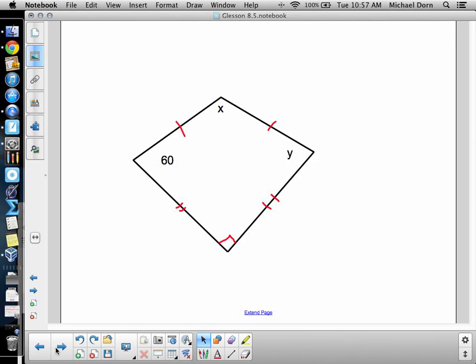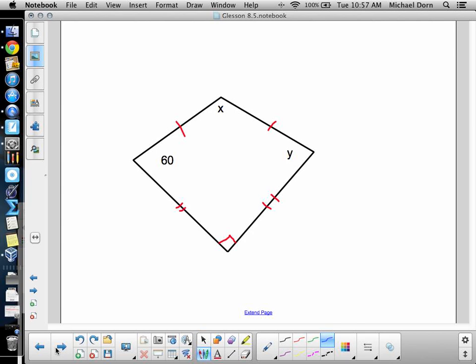What do you say? Okay. Jared, what do you say? Kite. Why? Why do you say kite? Because it looks like a kite? Not judge based on appearances necessarily. What facts do we have to tell us it's a kite? Yeah, these two sides are congruent and they're next to each other. These two sides are congruent and they're next to each other. Oh, okay, that's the definition of kite. That's what it means. All right, so,